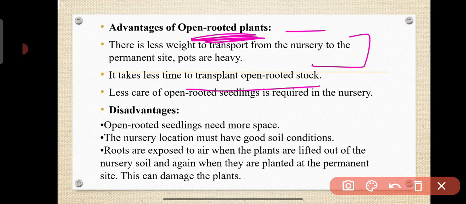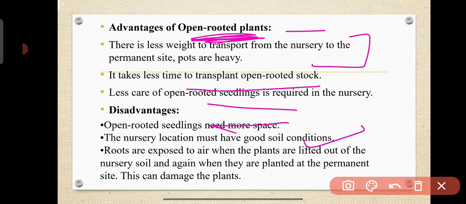Less care of open rooted seedlings is required in the nursery. If we are growing them open rooted, it means they are getting their natural soil, their natural fertilizers and everything, so we do not have to take care of them much more. Next, what are the disadvantages? So first of all, open rooted seedlings will need more space. The nursery location must have good soil conditions, as we are not adding any artificial soil, so it must have